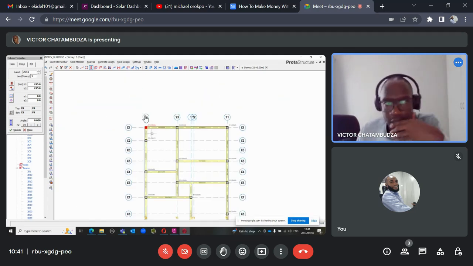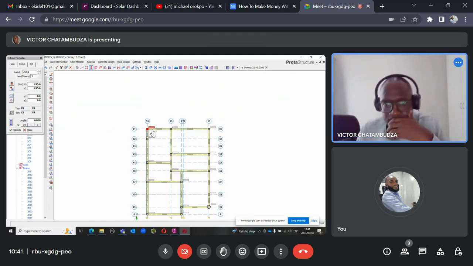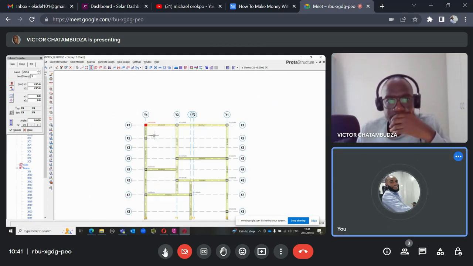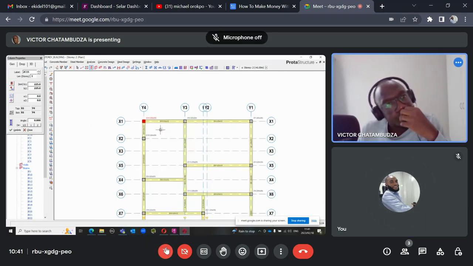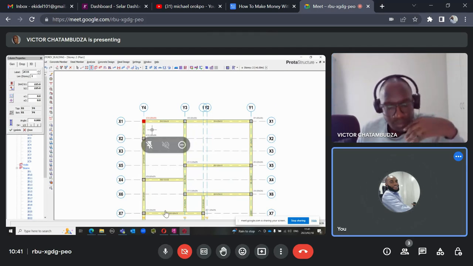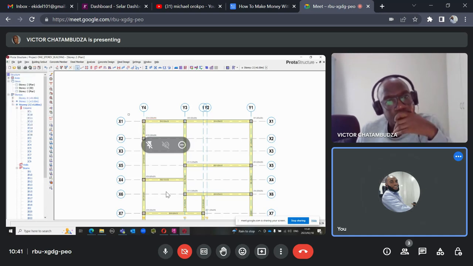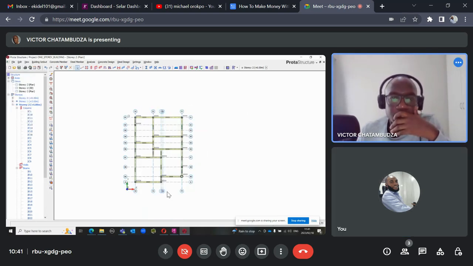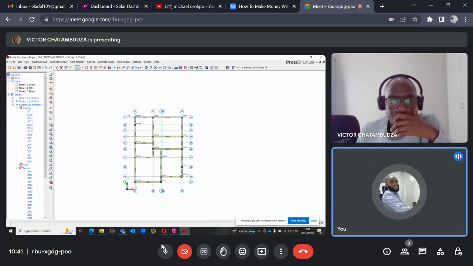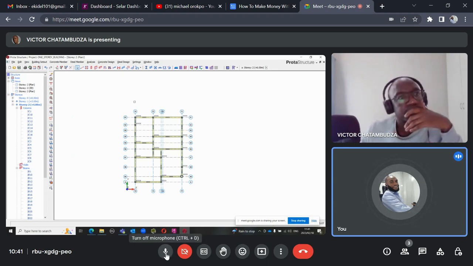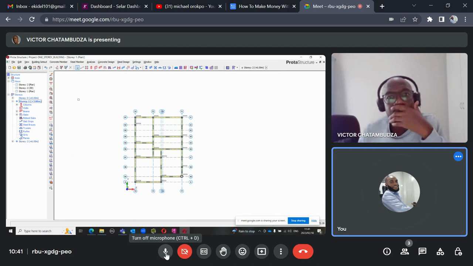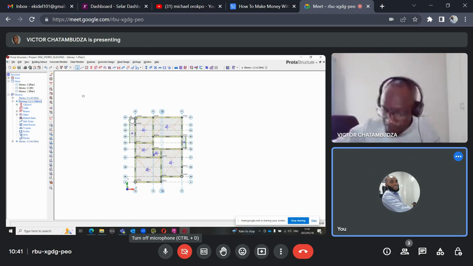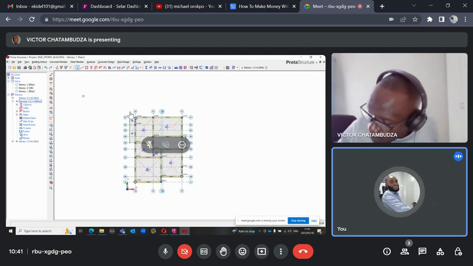Okay, so right now, let's go and check how the plan is. So no, hold on first. Escape now. Escape this your column. Escape it now. So we have to now go back to your plan view. Sorry, story one first, story one. Double click there. Okay, that's fine. So on this area of the cantilever,